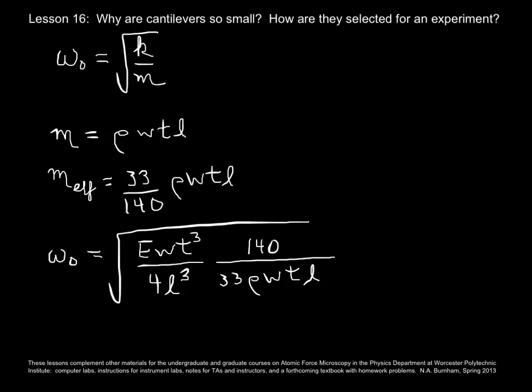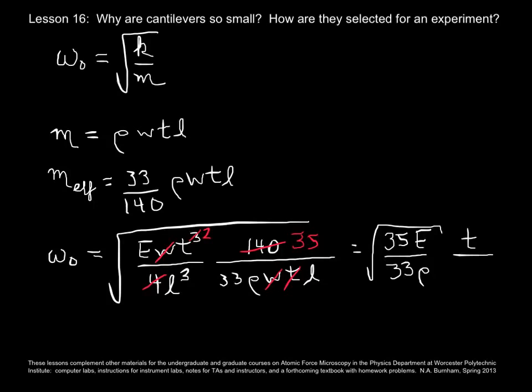There's some nice cancellations. 4 goes into 140 35 times. We have a cancellation of 1 power of thickness. The width goes away completely. And so we will end up with 35 elastic modulus over 33 density square root,